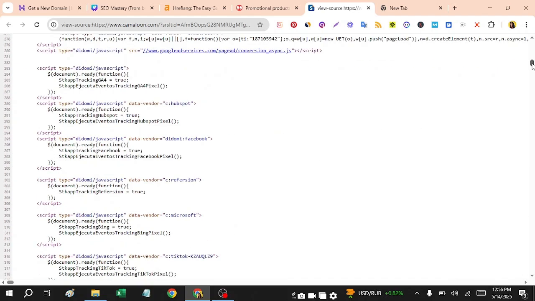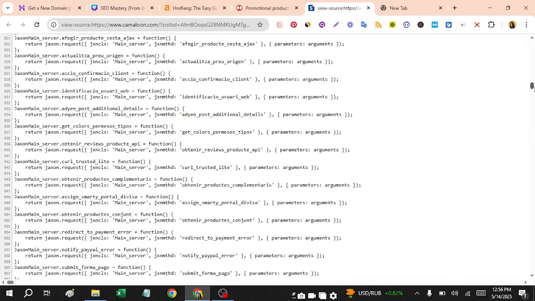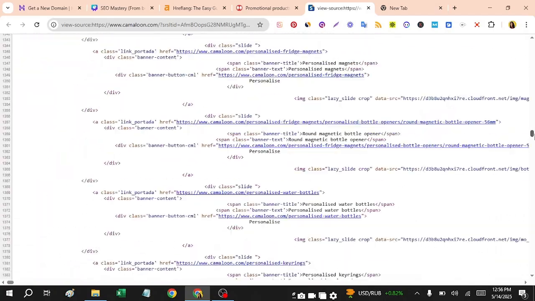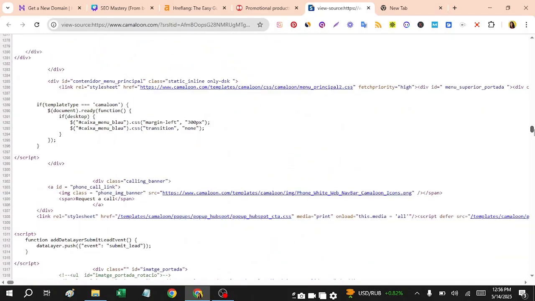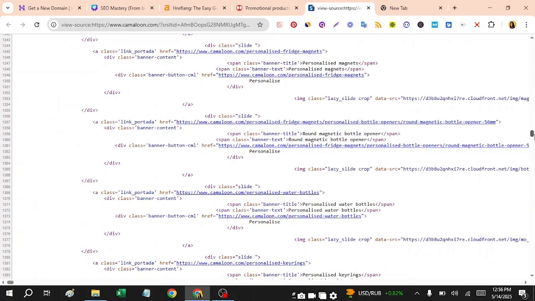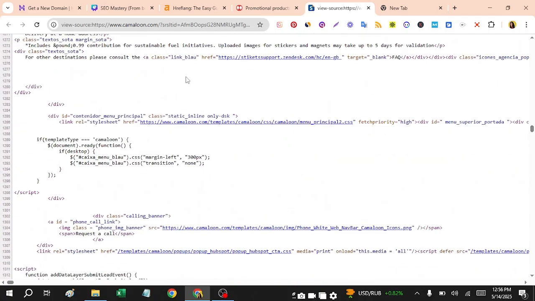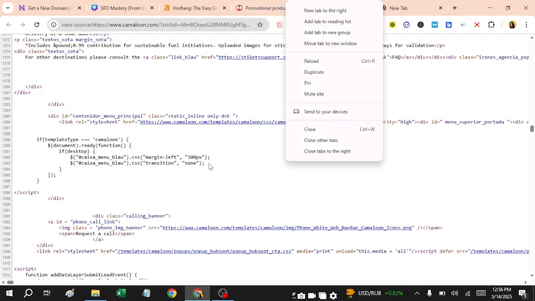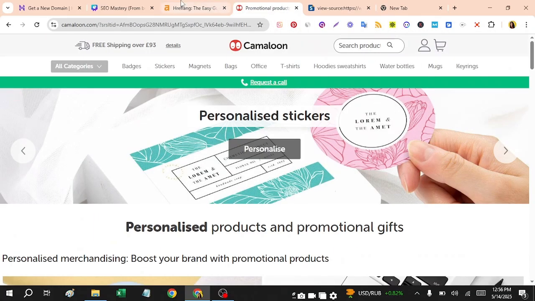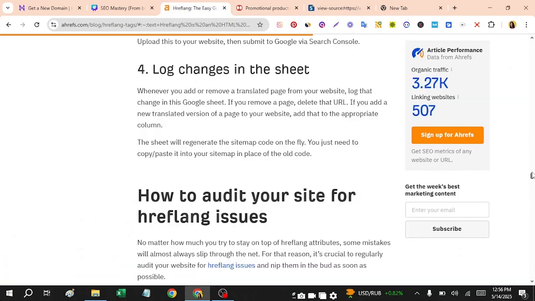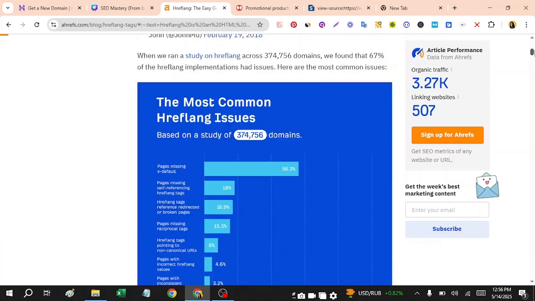If you want to use it, there are particular tools and plugins you can use, and you can also check it from the page source. So again, moving ahead, on this blog Ahrefs has defined the most common hreflang issues.